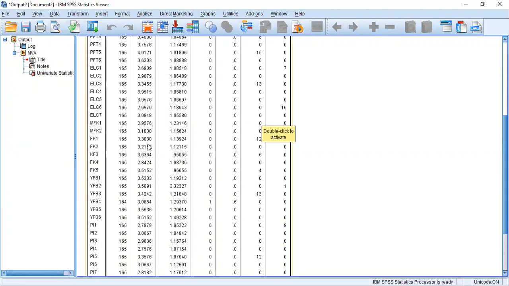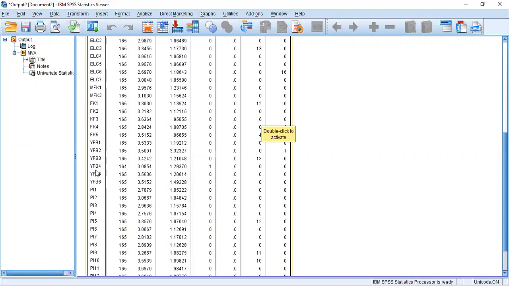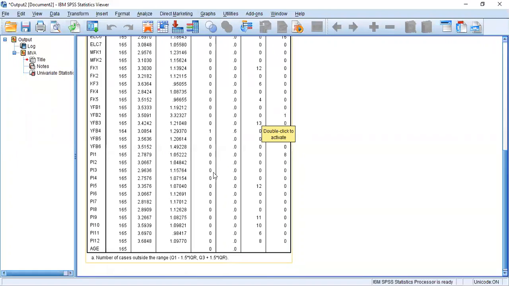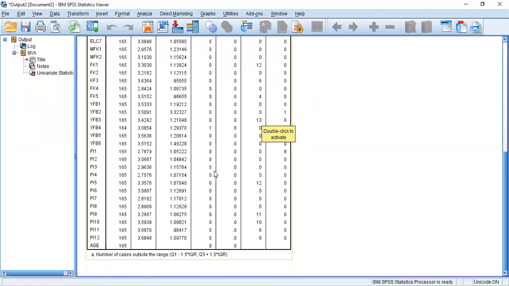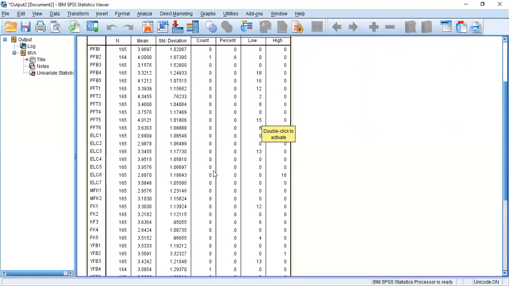Then you can see in another, YFB4, which is another variable item, youth financial behavior, one more missing value. It means the data set has some missing values, right?